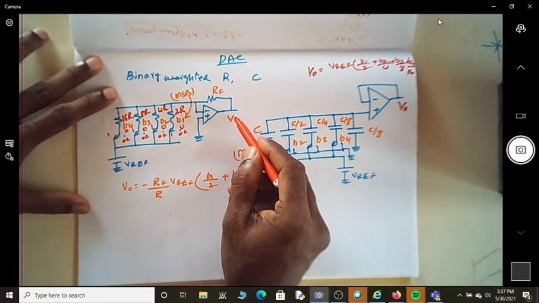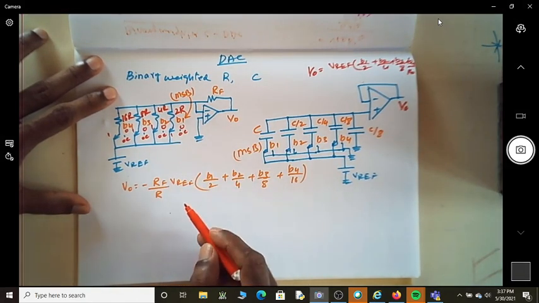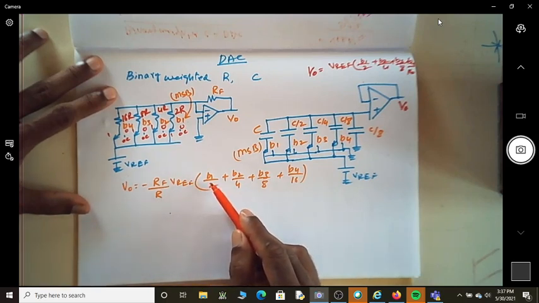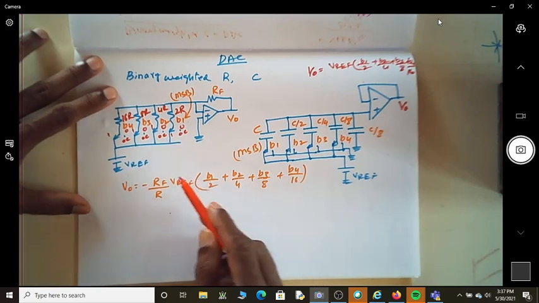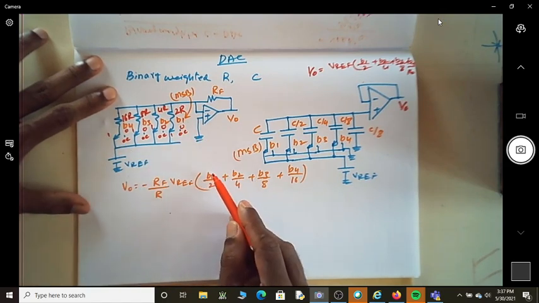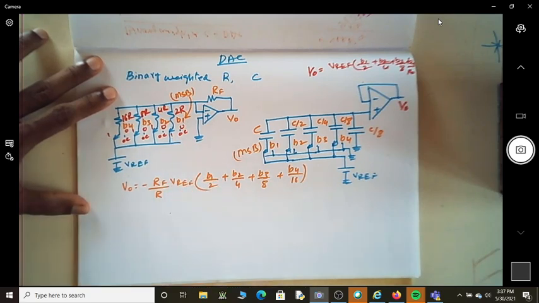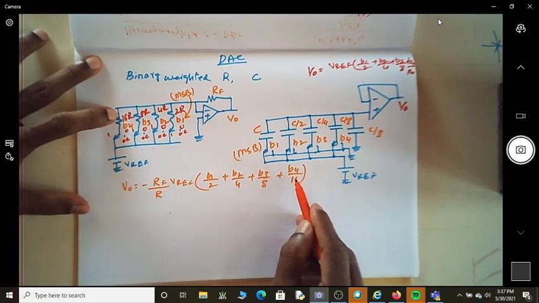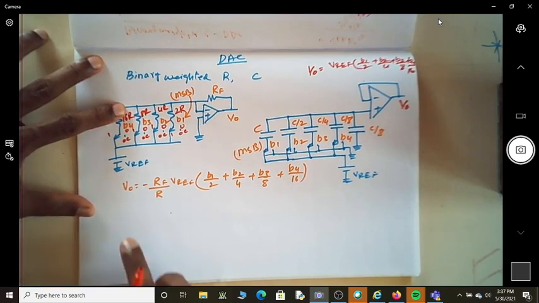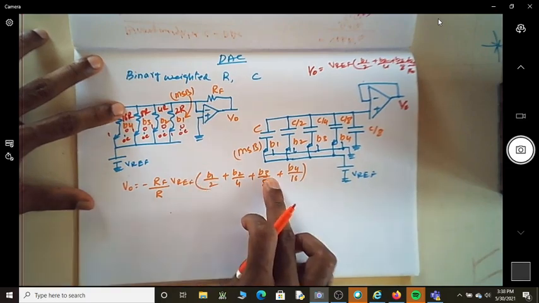The expression for the output voltage is given by this expression, and if you can see here, the output voltage is depending on the position of the bit. So if the bit is in P1, which is the MSB position, we will have half of the V reference voltage, and of course multiplied by the gain factor. If it is the LSB, then it is 1 by 16th, because we have 4 bit. So this way we are going to get the output voltage which is as per the binary weight of the